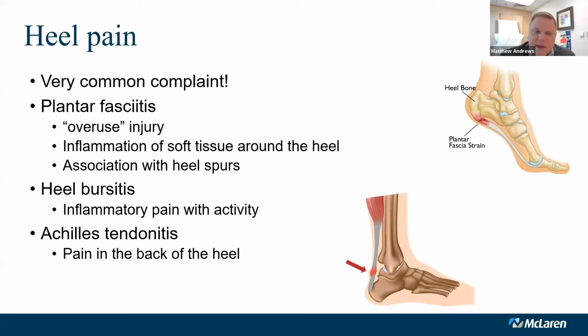And then pain in the back of the heel is also very common. And this is oftentimes more related to pathology associated with the Achilles tendon. So the tendon itself is the biggest, broadest tendon in the body, and it wraps around the back of the heel. And in that area, you're prone to either irritation against the tendon from the bone or problems with the tendon itself. So you can have physical damage or structural damage to the tendon, or you can have like a bursitis at the back of the heel as well, which can be very, very painful.